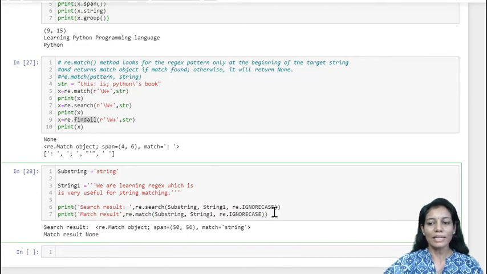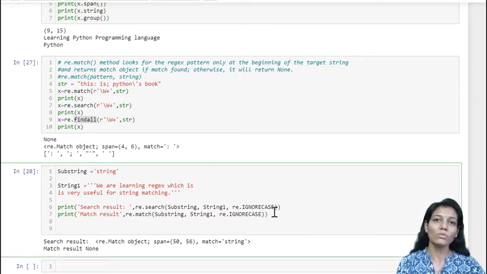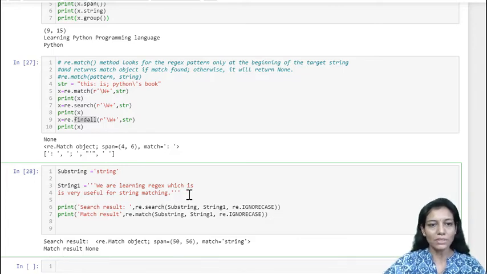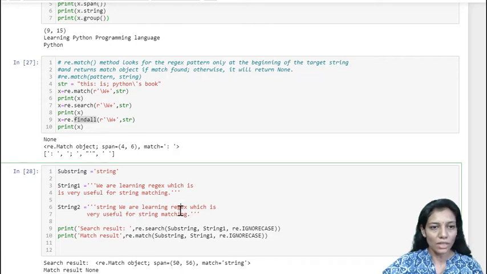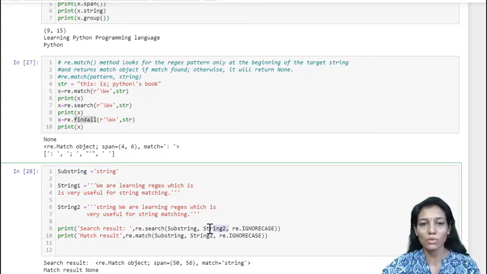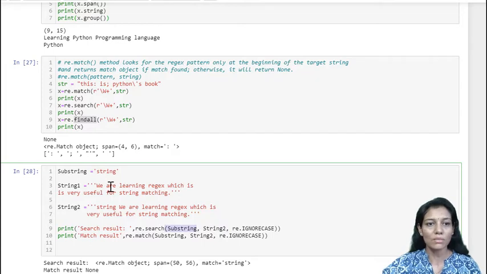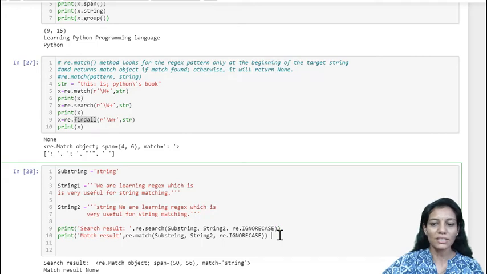So if I just slightly change my string and try to extract the information again with match and search, then let us see what happens. So here this is my second string where deliberately I have kept string word as a first word, okay, and I'll see the behavior of my match and search. So instead of str1 I'm just changing it to str2 because this is where I want my search and match method to go for searching and match the same substring which is a string. So now let us see how the behavior changes.